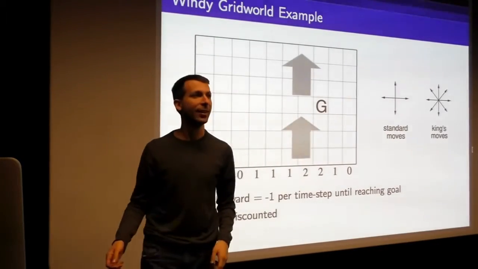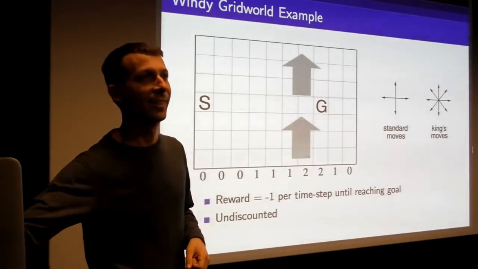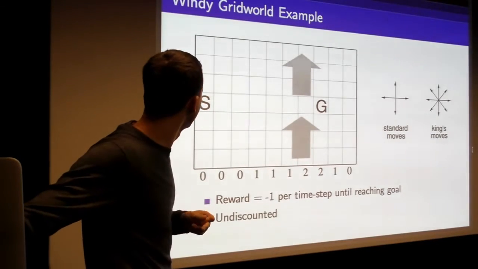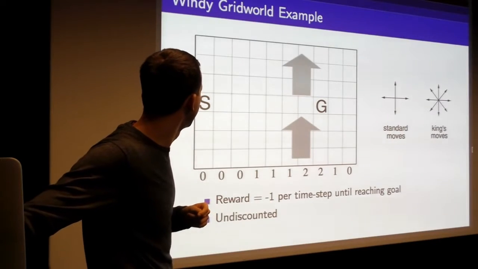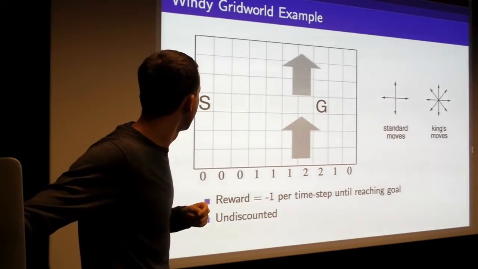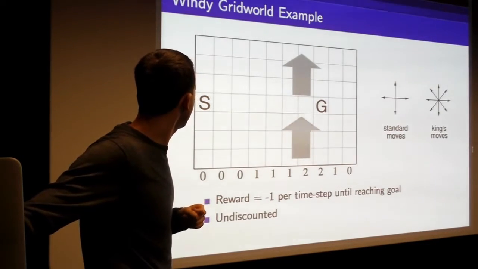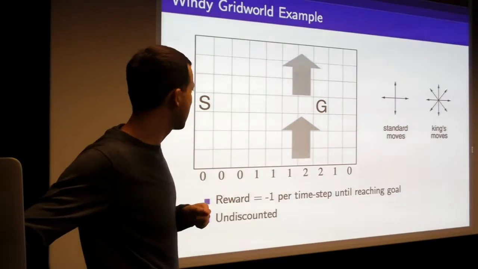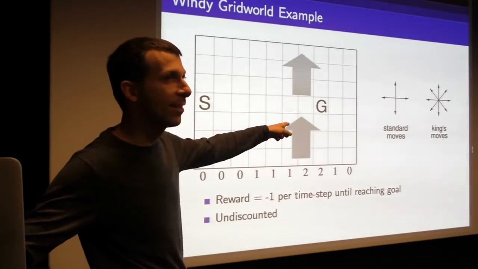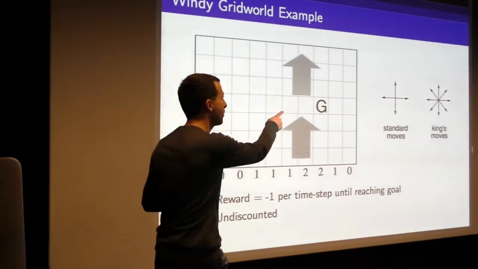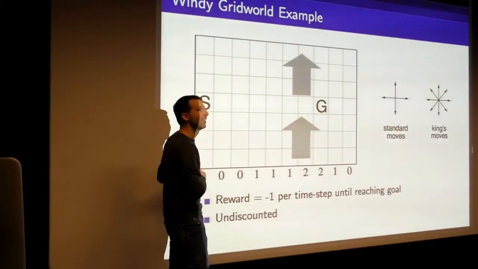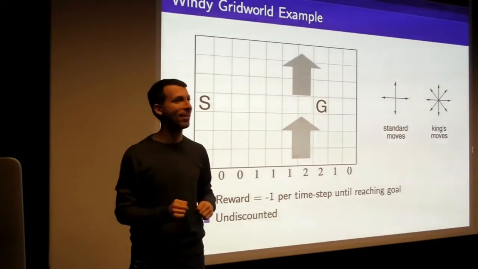But if you can go diagonally downwards, or diagonally to the right, then those first 3 you can just go horizontally. The way you're blown up 1. So maybe this is a version that just uses the standard moves then. I'll have to check that. I think this might just use standard moves, and that the wind blows you in a diagonal direction. You're right, that would be 2 in that case.